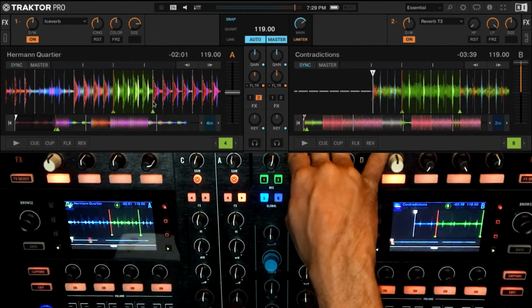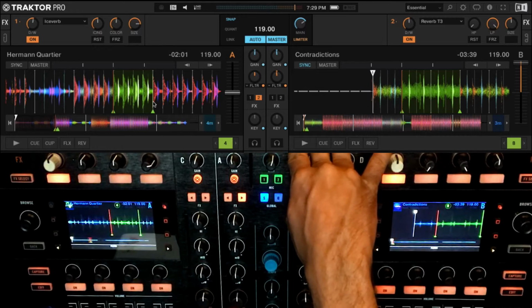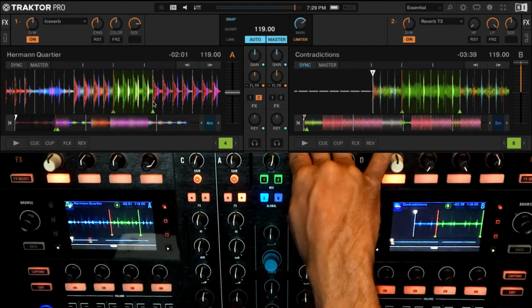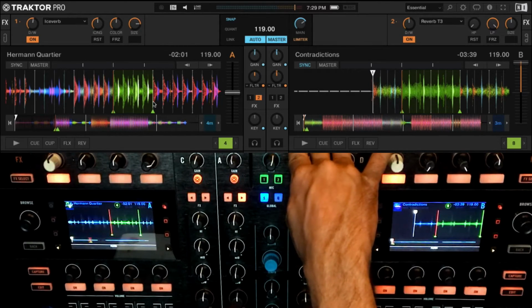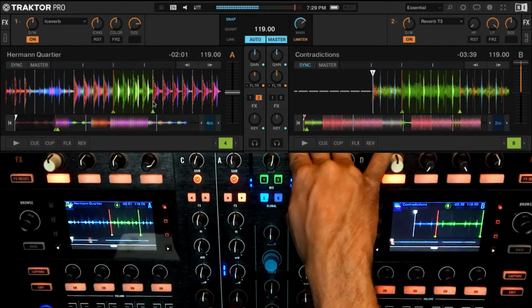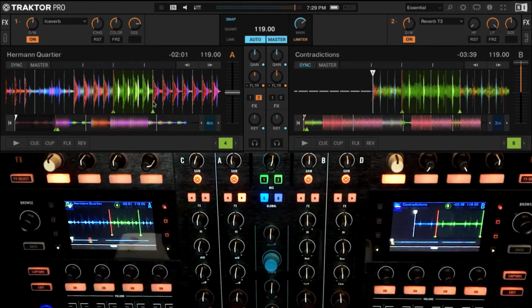It's an emulation of a studio reverb, basically, or if I say the Iceverb is maybe emulating a very gentle kind of a digital reverb. Yeah. To me, the Reverb T3 sounds a little bit like a plate reverb or something that's a little more intense, you know? So then you just got to choose between what flavor of reverb you like better, whether you want to use the Iceverb or you want to use the T3.